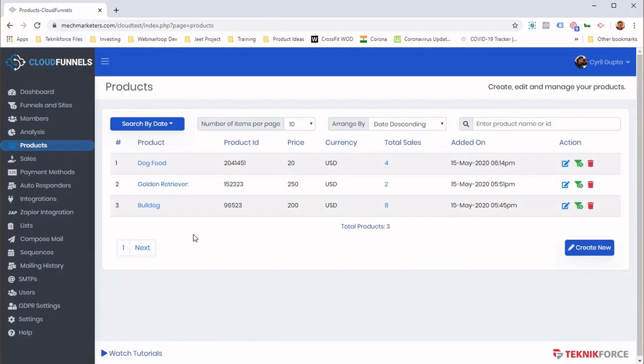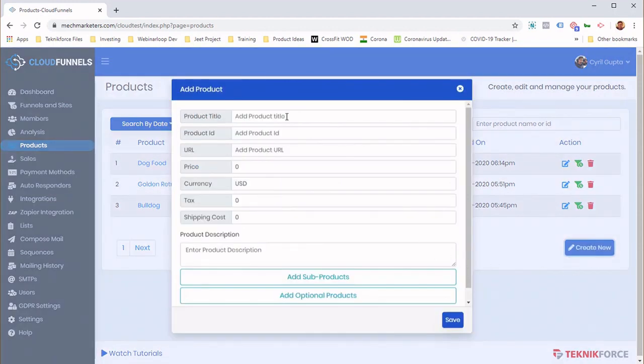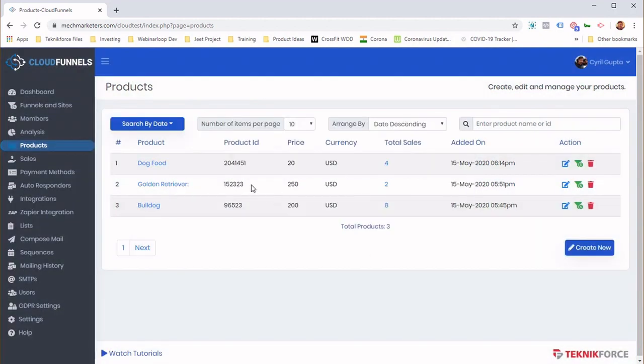You can also set up products that you're selling or products that you're actually giving away, whatever you want. Here are the products in my funnel, and if you want to create a new one, just click on create a product, and you can set up the product by putting in some basic details, and then automatically you will start getting product sales data. So CloudFunnels lets you do any kind of customization. It lets you go to any extent.